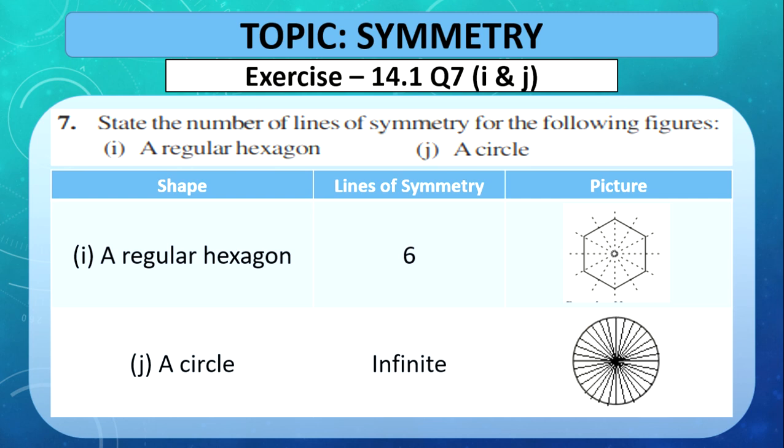What about a circle? A circle is not a polygon but it is a closed shape. Now in a circle, the line of symmetry is the diameter itself. All of you know what is the diameter. It is the longest chord which passes through the center. So all the diameters in the circle are the lines of symmetry of the circle. It has infinite lines of symmetry, as you see in the figure.